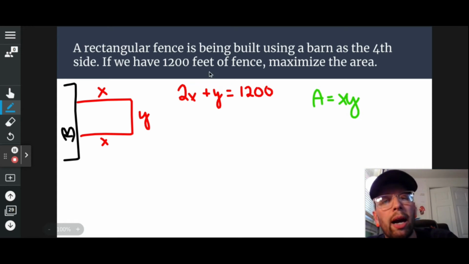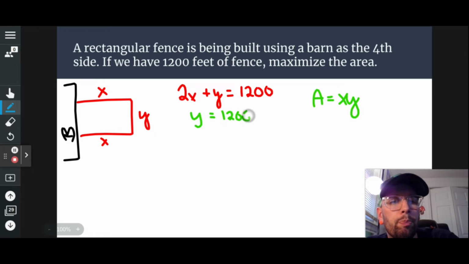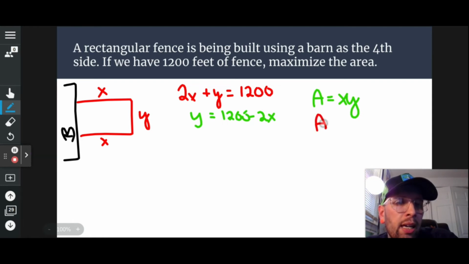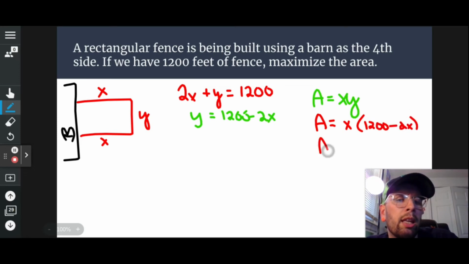But if I just subtract 2x, then I'll have 1,200 minus 2x. So then I can say A equals x times 1,200 minus 2x, which then is going to be